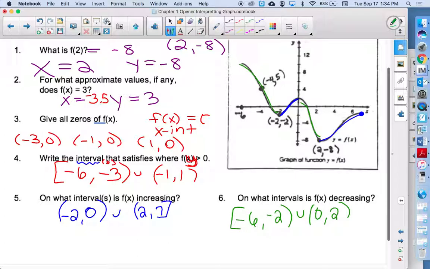So use that tonight, look over it again. Or draw yourself your own graph and then ask yourself the same questions. You're definitely going to see questions interpreting graphs. 2 sections, 1.3 and 1.4, we're just looking at graphs, interpreting graphs. Any questions on that? Alright, so then looking at your homework,